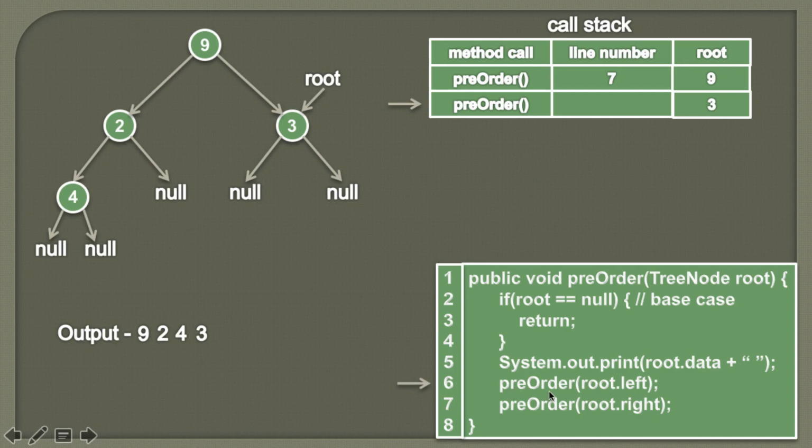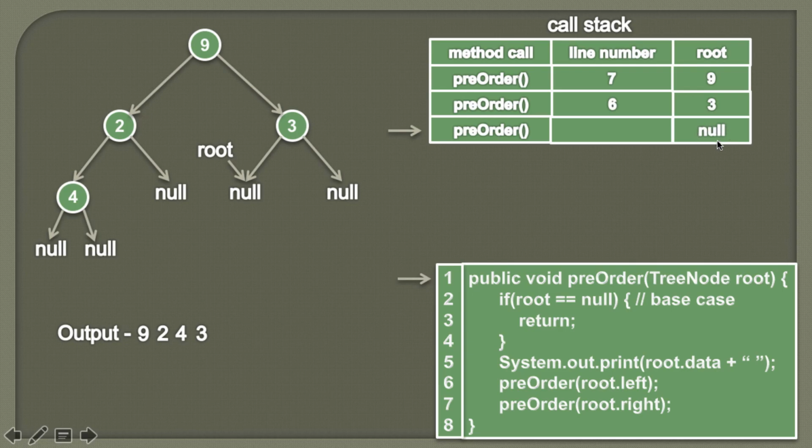So we are again calling this pre-order method, and this time we are passing root's left, which is null. As we are leaving this pre-order method, we'll keep track of the line number, which is 6. Now the execution point reaches pre-order, and this time the root is null. So root will point to null. We also know that there will be one more method on the call stack, and the root will be null. So we'll execute pre-order with a root as null.